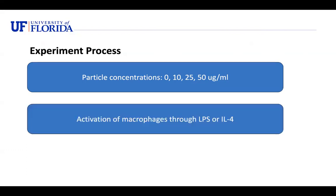This is where we decided to introduce polarization of the macrophages to see if there would be an effect on the uptake of particles. To polarize the macrophages, we added LPS to polarize towards M1 and IL-4 to polarize towards M2. Both of these activators were chosen from information found in the literature, along with the amounts administered. LPS is an outer membrane component of gram-negative bacteria that triggers the secretion of many cytokines in macrophages. IL-4 plays an important role in adaptive immunity, including the stimulation of activated B cell and T cell proliferation, which